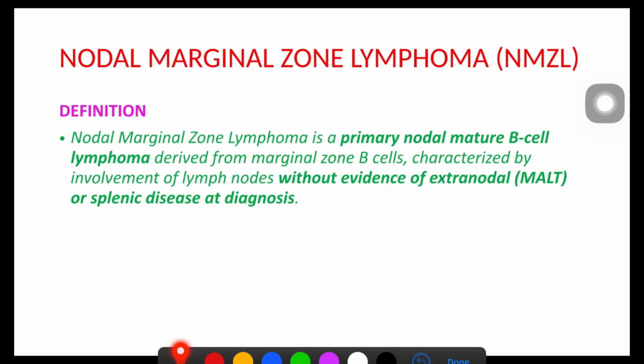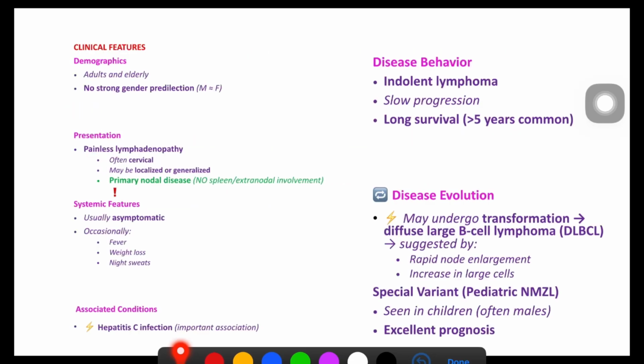This is primarily a nodal mature B cell lymphoma derived from marginal zone B cells. It is characterized by involvement of lymph nodes without evidence of extranodal, that is MALT, or splenic disease at diagnosis. Clinical features: adult or elderly patients, no strong gender predilection, and painless lymphadenopathy, often cervical, which may be localized or generalized,